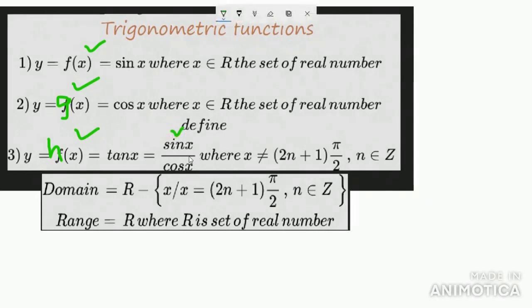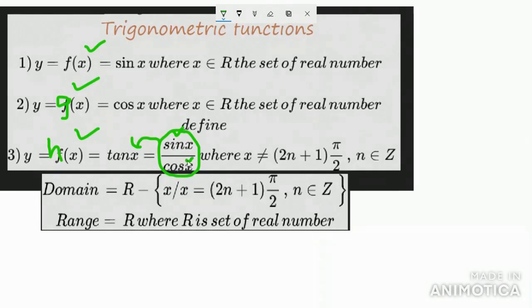by cos x. And this ratio of these two functions is defined as tan x, and this is how we define it now. Actually, in the previous class you have taken tan x in a different way, but here we define tan x as sin x by cos x directly, and this is one result itself. Tan x equal to sin x by cos x is a result. We define tan x equal to sin x by cos x.